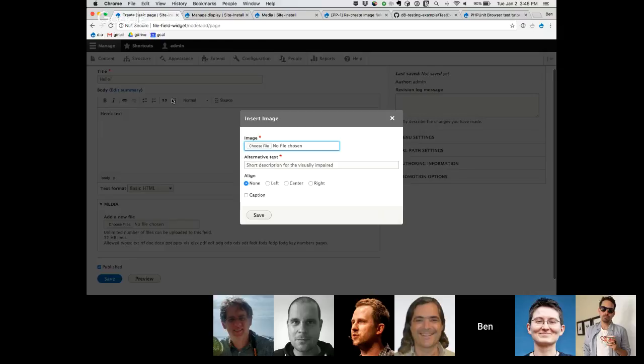Also, you could have multiple media types that support the same MIME types, right? If you have a media type for your photos, a media type for your ads, a media type for your whatever,